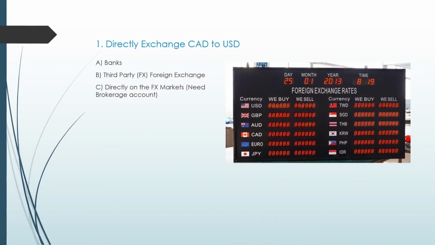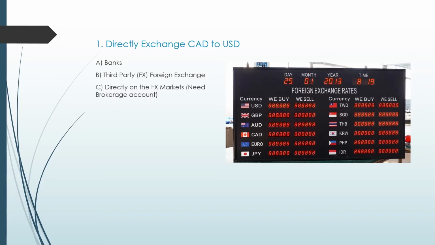So number one, we have direct exchange, Canadian to US dollars. This is the easiest and perhaps the most convenient way for most people to convert to any currency. They go directly to the bank and ask them, hey, can you convert Canadian to US dollars, euros, yen, etc. Option B is going to a third-party foreign exchange,